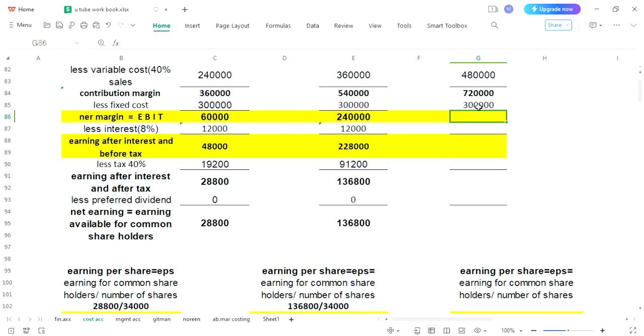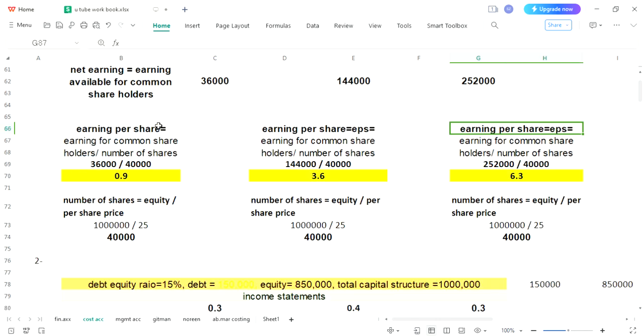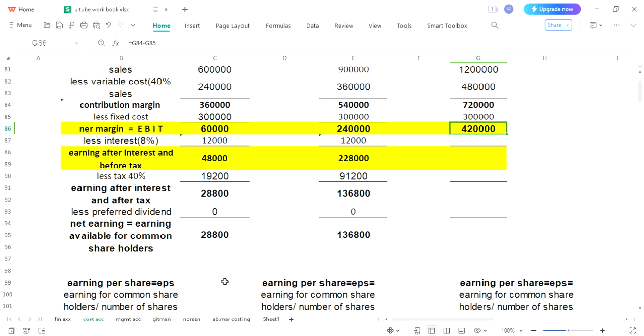EBIT is going to be calculated by subtracting fixed cost from contribution margin. 7 lakh 20,000 contribution margin, 3 lakh fixed cost, subtract, and you have got your EBIT. Amount of interest would be calculated, and you can see our debt is 150,000. So you will be putting